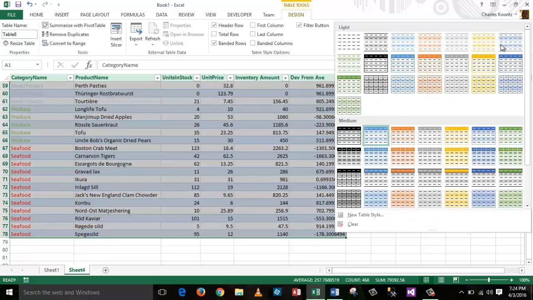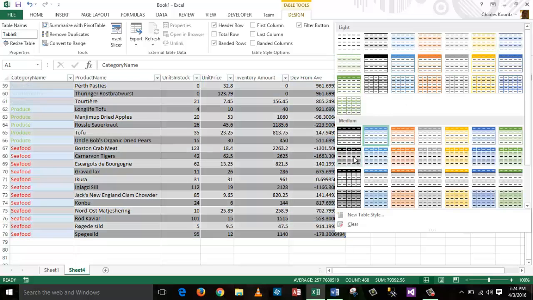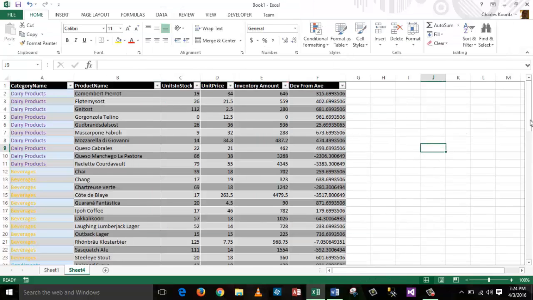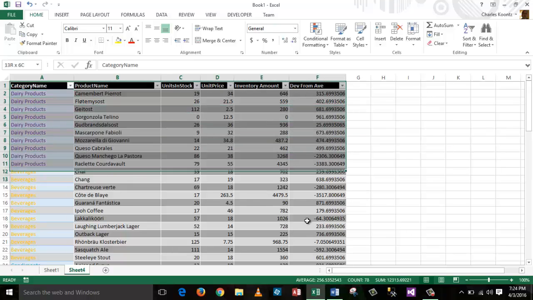Try not to waste too much time doing it. I can expand the entire list. I'll go with this style and go ahead and apply that. Okay, so any number of filters can be applied, and if I highlight the table,